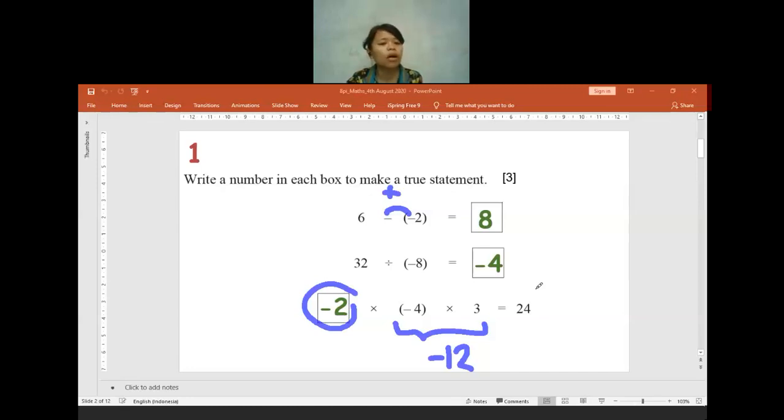Some of you wrote 24 on your answer sheet, so I put a cross for those who answered 24. Is there anyone who has difficulties or is confused at question 1? If you have any question, please feel free to ask. Do not stay quiet. There are 3 marks in total for question 1. Okay, if you have no question, I will move to question 2.